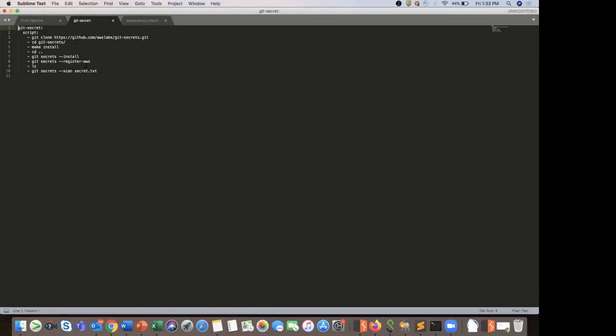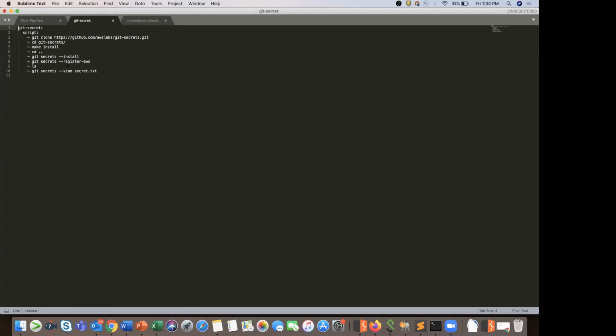Register AWS. Now also to point out here, by default, if you use git secrets without adding any other configuration or making any changes to the tool, it's only going to scan or check for your Amazon Web Services related secrets or tokens. There is a provision to customize that. You can add your own checks, your own set of passwords or tokens, or some regex pattern that it should search for. That can be done later, but here we're just going to stick to the basic.